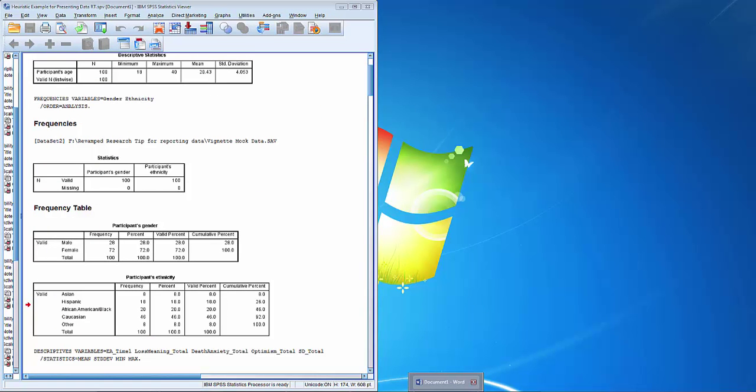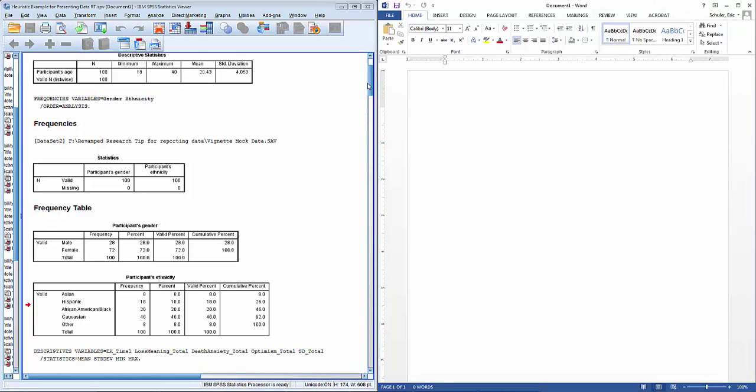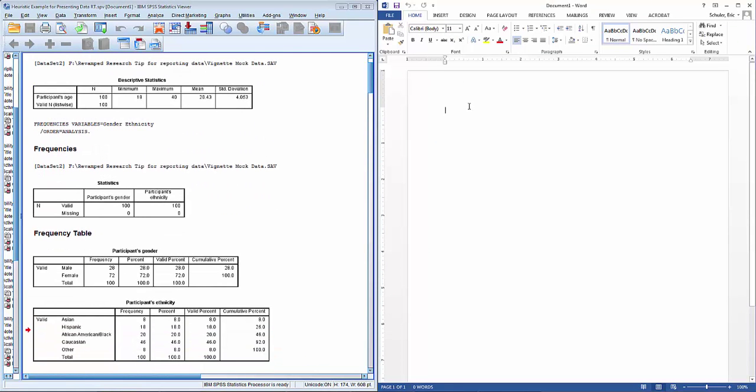So to start off with, I'm going to open my Word document, then my SPSS output open right next to it, and provide some basic information at first. Now what I'm going to do is I'm going to go ahead and change this so it's Times New Roman, 12-point font,